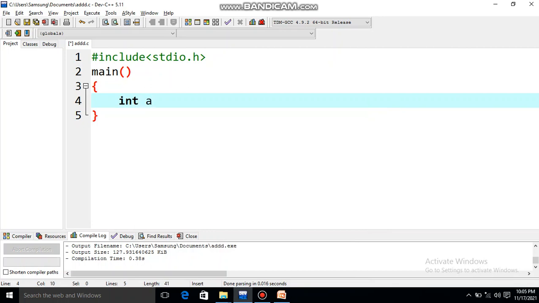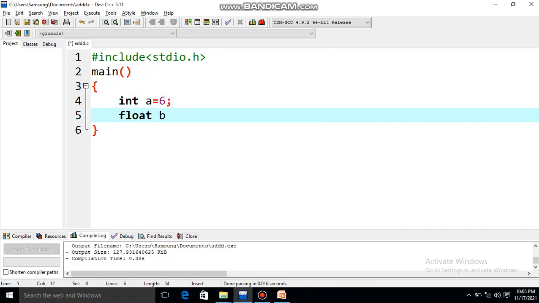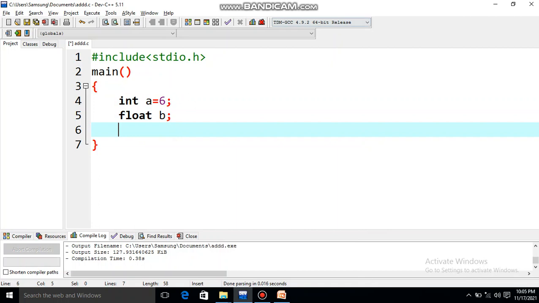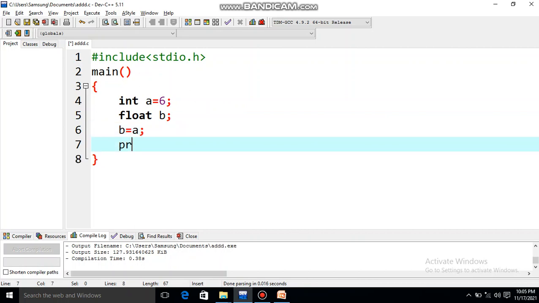So let's create one lower variable with the value 6, and then a higher variable. I am going to assign this lower variable to the higher variable. I simply write a equal to b, and then print %d comma b.